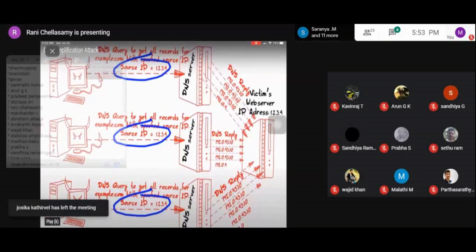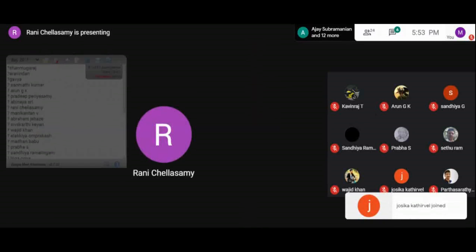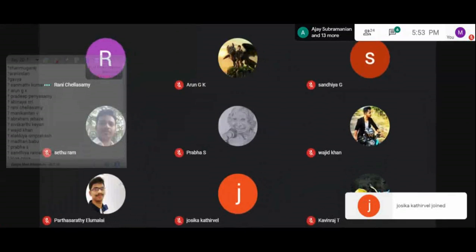Okay, so what will this DNS server do? It will respond with a large reply, sometimes 100 times larger than the query. So if the attacker generates, for example, 300 megabits per second of DNS queries, it gets amplified at the DNS server. Okay. So the thing is that